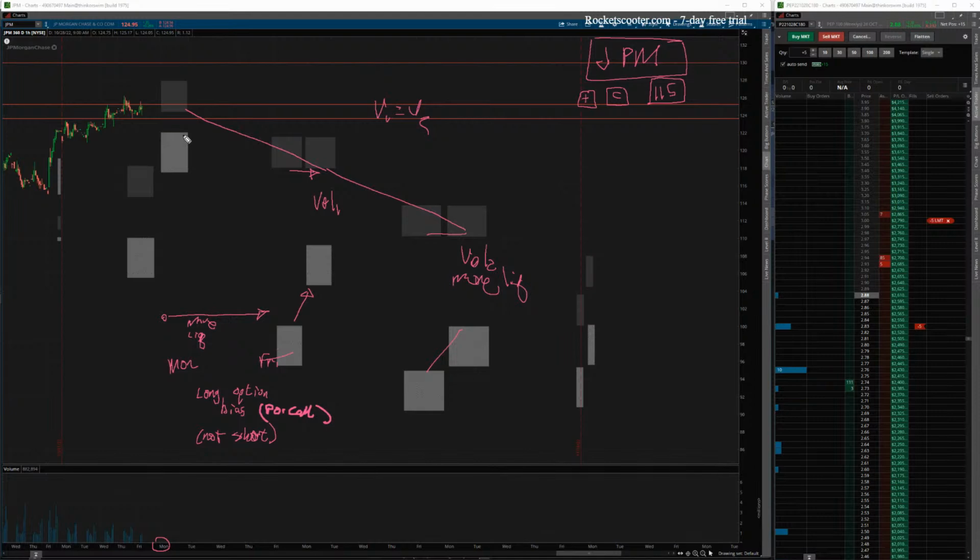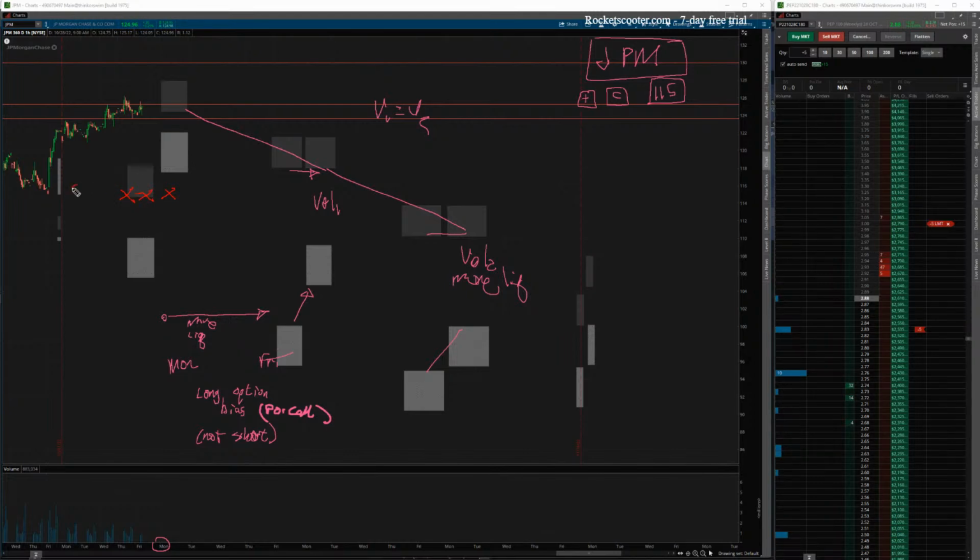The algo will say, let's just draw with bright red, it will say 115 as an entry is not good here. We'll call it entry, right? Entry is not good here because it's in bear territory. I don't want to long in bear territory. 115 is also not good here. I'm trying to figure out how I want to display it. But 115 is good for here or later. Do we all understand that?